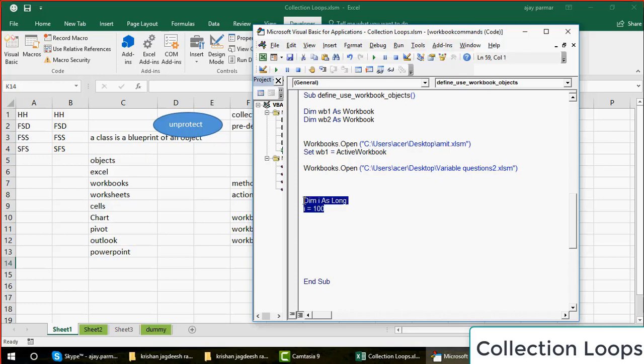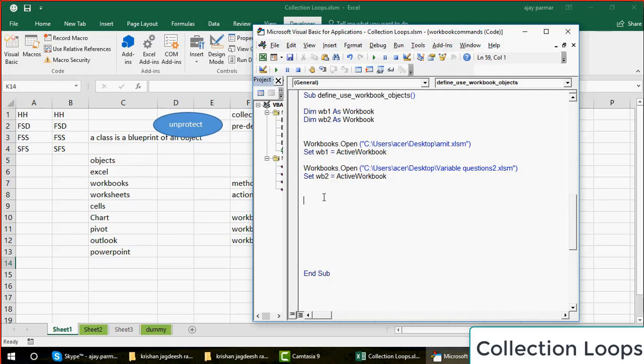So guys, there is a rule. When you deal with an object, like a workbook, like a worksheet, like a range, like a chart, like a pivot, like a folder, you have to write the set word. If you don't write it, you will get the error. Crystal clear error. Now what happens when you say set wb1 equals to active workbook, VBA starts treating the wb1 object as Amit file. And similarly, when you get another file open, you just go and write here set wb2 equals to active workbook. This will be remembered by VBA, right?